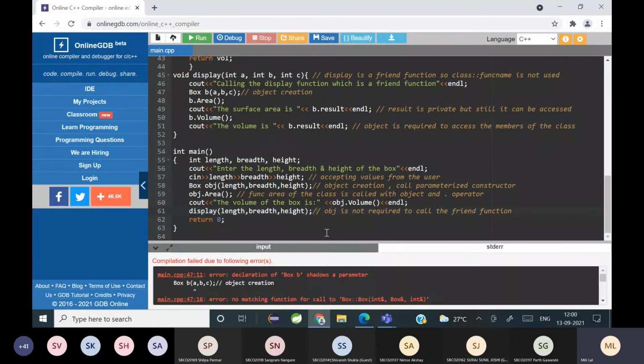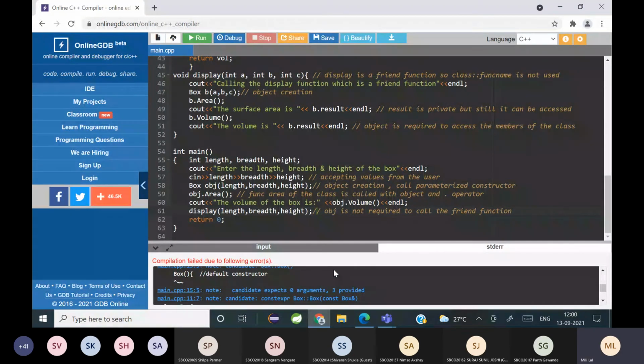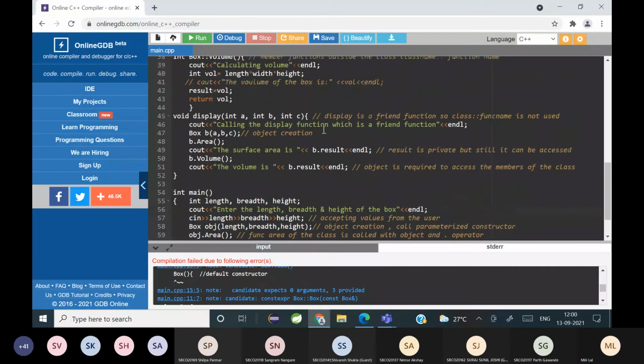Let's see. Object creation, what happened here? Box A, B, and C. Zero arguments are provided.